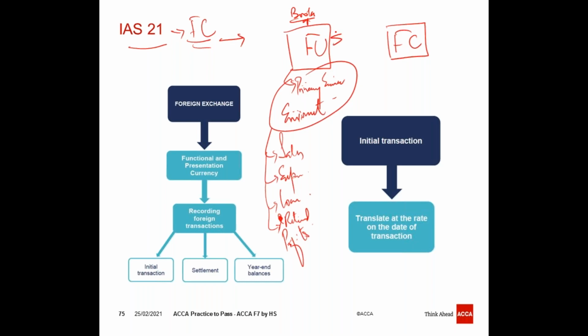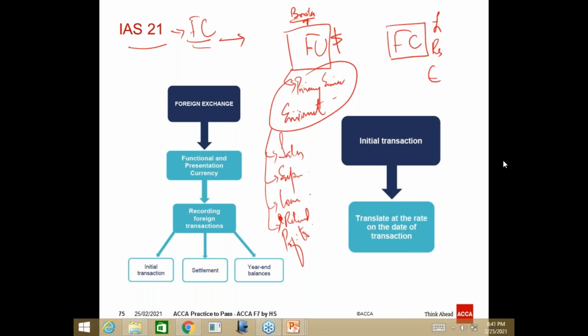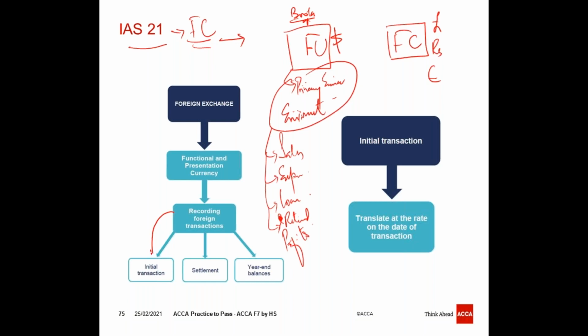So suppose my functional currency is dollar, then all other currencies other than the functional currency will be considered as foreign currency. Okay, so foreign currency transactions. How to deal with the foreign currency transactions? Initially, foreign currency transactions should be translated into the functional currency using the spot rate. Spot rate means the rate at the date of the transaction. So all foreign currency transactions should initially be recorded into the functional currency using the spot rate of the date of transaction,